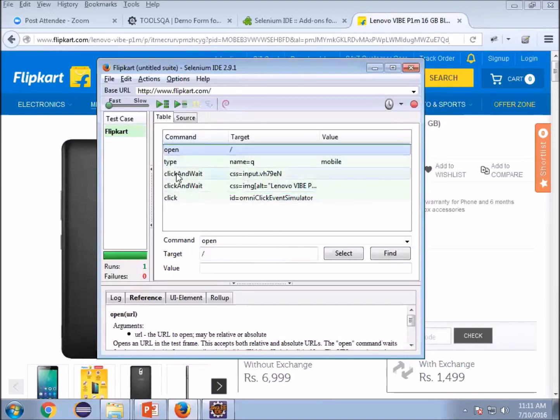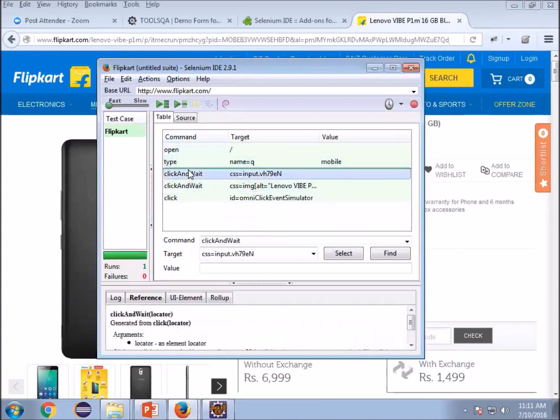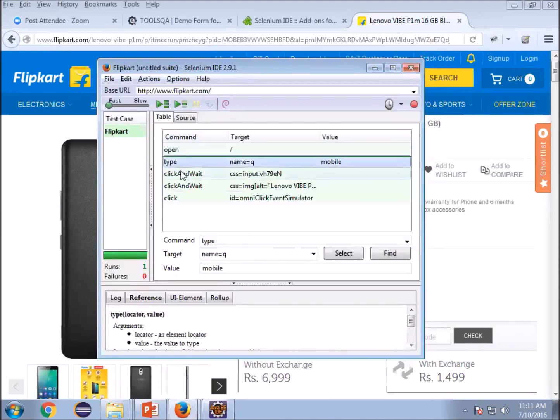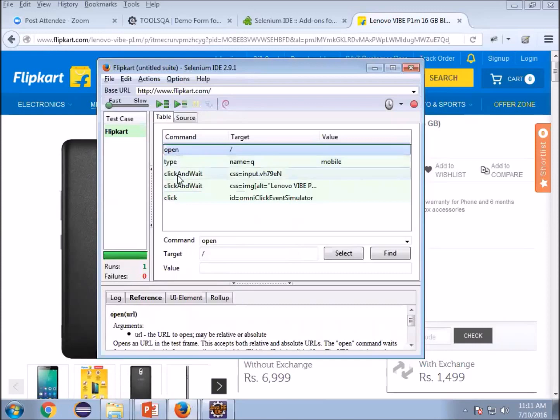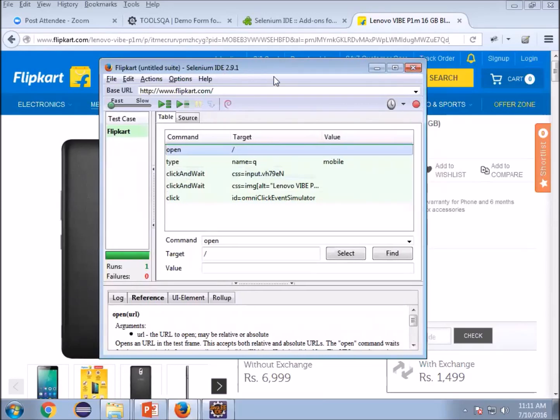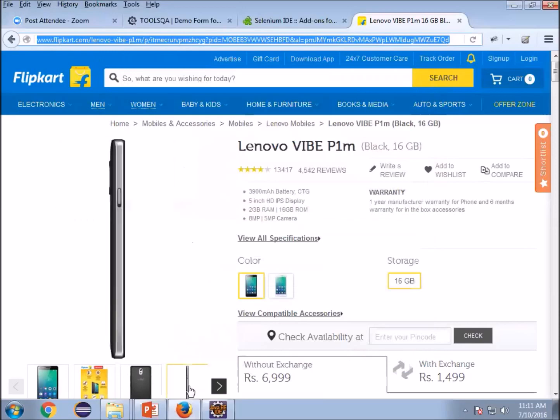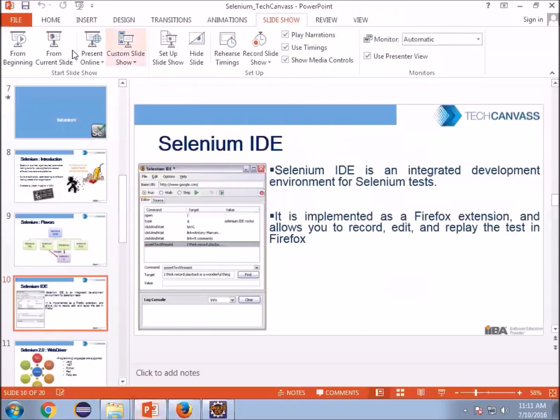These commands are called Selenium commands. And guys, this is not what Selenium is. Most people make the mistake of thinking this is what Selenium is, but this is just one flavor of Selenium, and it is hardly used in industry. The main used flavor of Selenium is WebDriver. So this is just the basics of the IDE. We will be covering it in a bit more detail in the course. So moving back to the presentation,